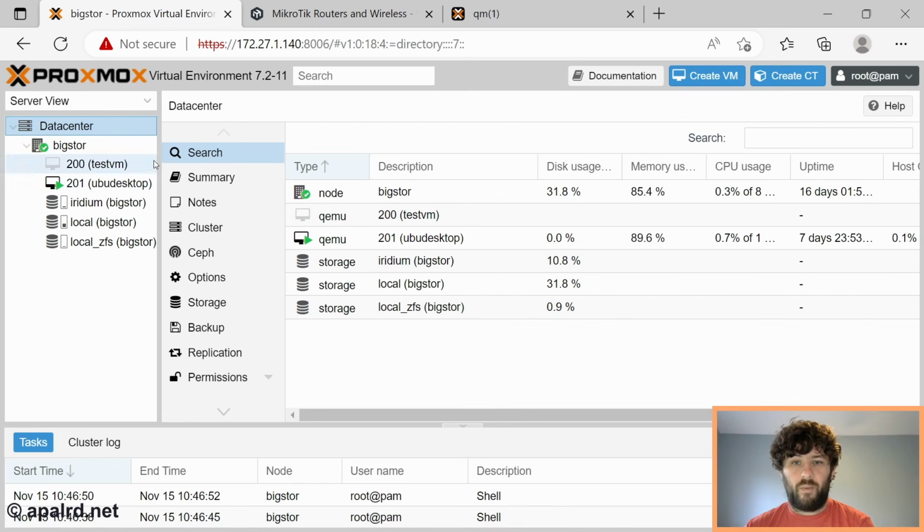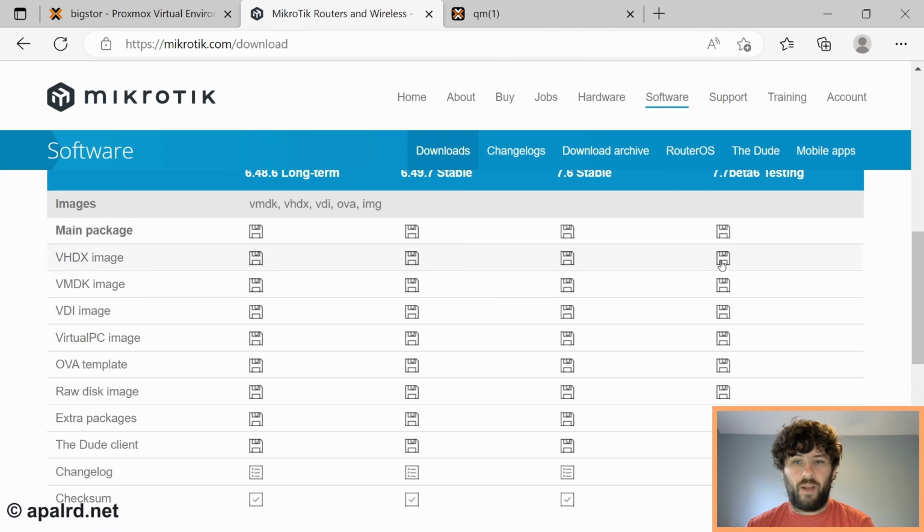So a lot of companies provide software as a virtual appliance, an image for a virtual machine. That might be an OVA package or a raw disk image or a VMDK or something like that. In any case, we need to get that file into Proxmox as a disk for our virtual machine. And here's how. So today I have a Proxmox system, version 7.2.11, and I would like to import a MikroTik